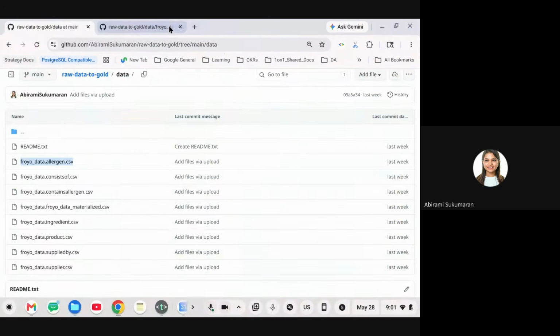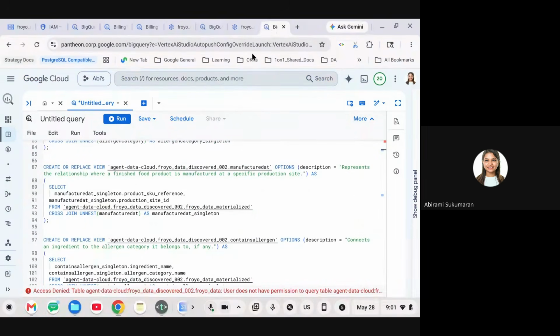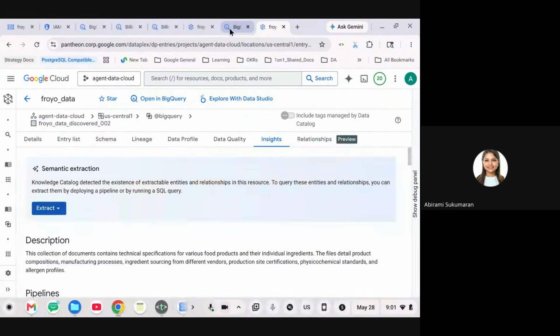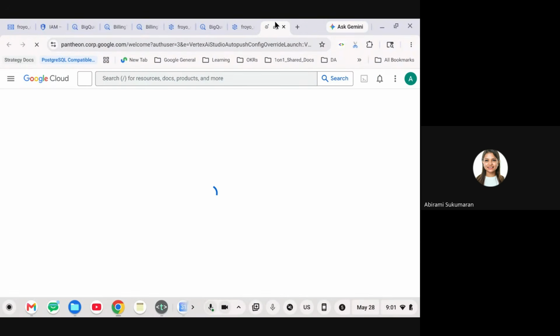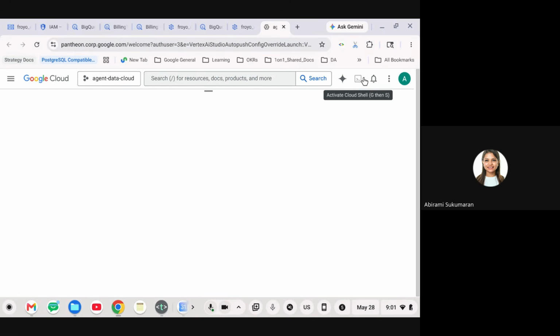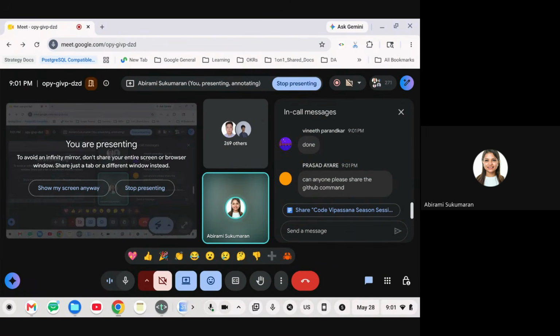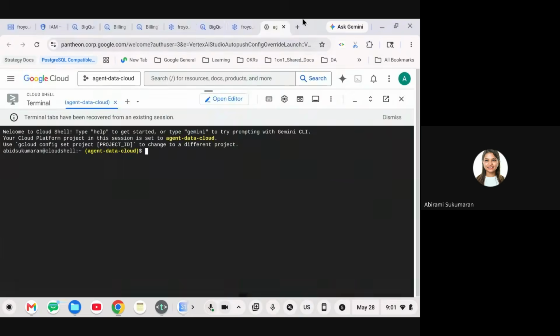Once I download, I'll show that to you in a bit. Done. Cloud Shell, CSV files downloaded. So you need the GitHub command to download it in bulk. Let me give that to you, one second.